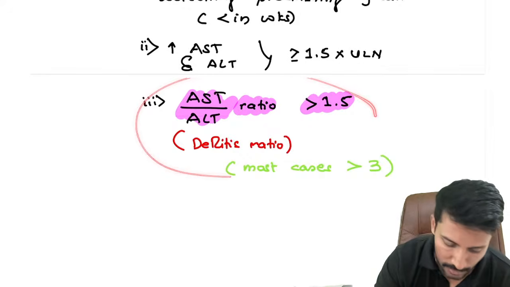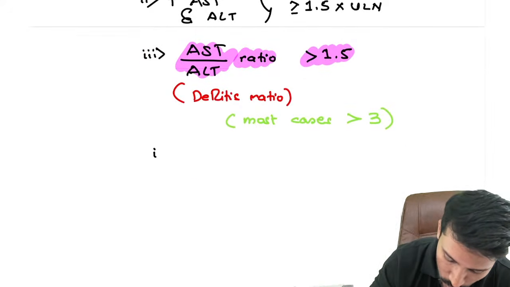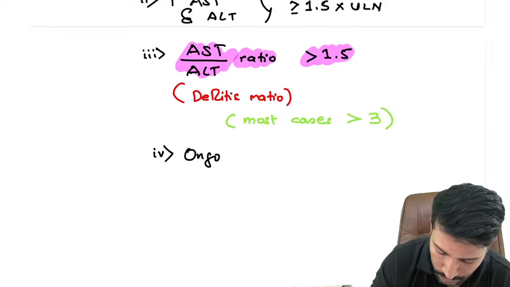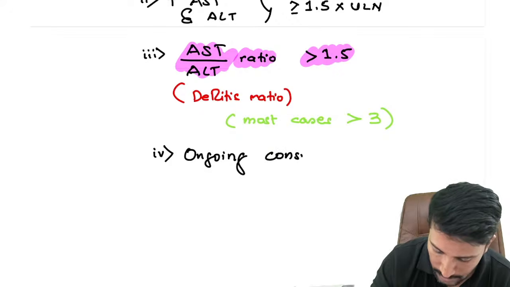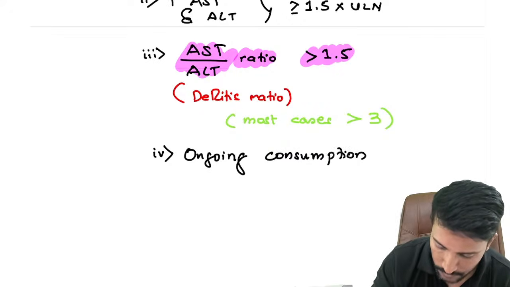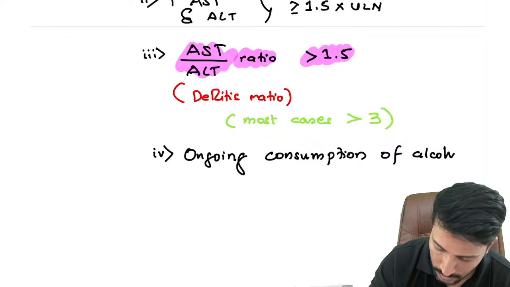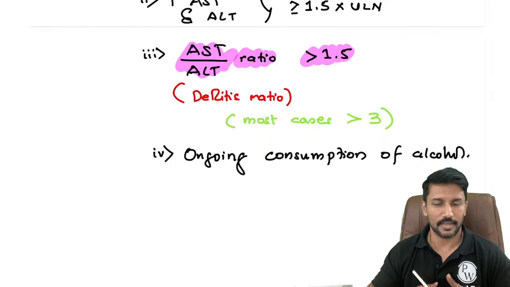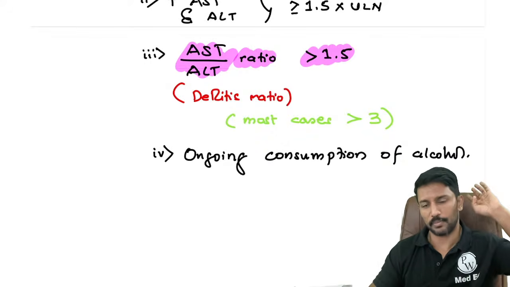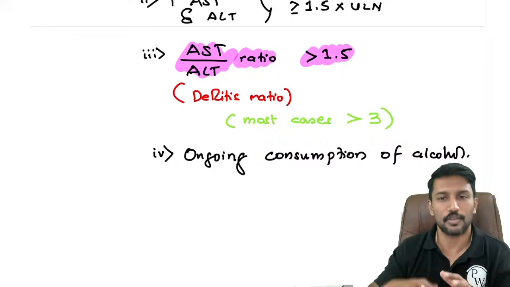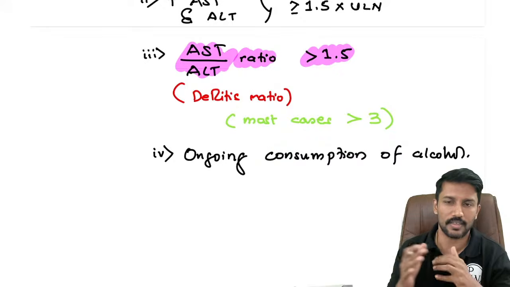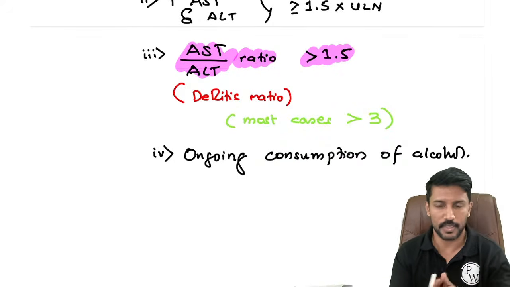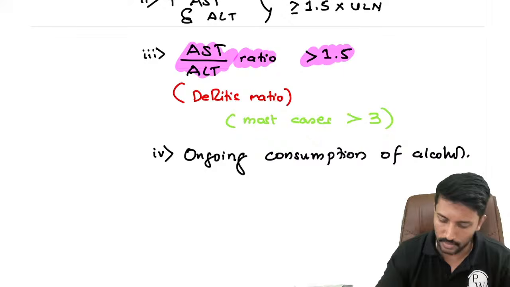So write that. And then fourth, to call it as alcoholic hepatitis, there should be evidence that patient was drinking, right? So there should be ongoing consumption of alcohol. The patient says that sir, I quit 1 year ago, now I have got jaundice, right? He may be having viral hepatitis, or he had been drinking for years earlier, so now he might have developed the chronic alcoholic hepatitis, alcoholic steatohepatitis. Can't be alcoholic hepatitis, which is an acute form, right? So there should be recent exposure to alcohol, right?